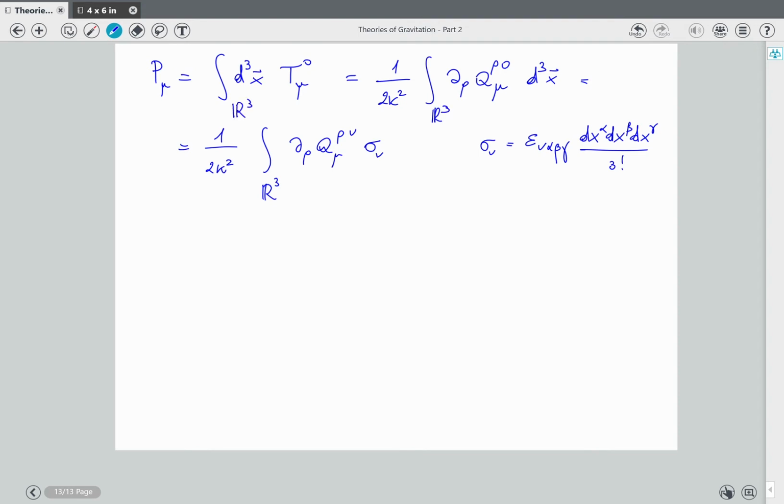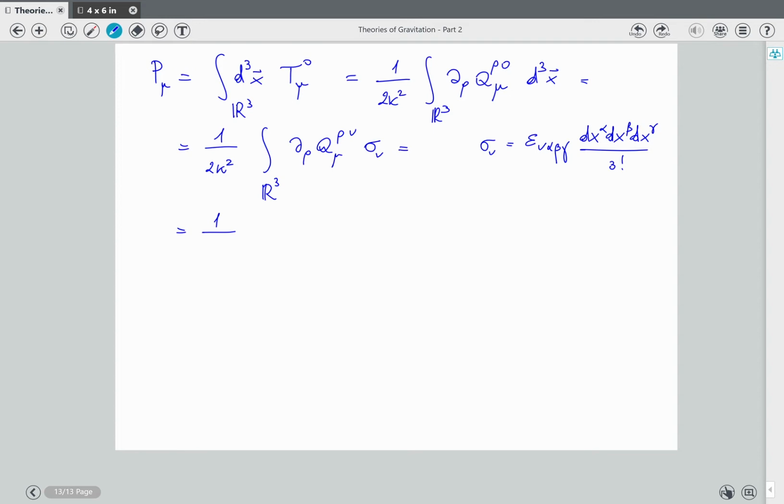This is in a nicer form, because now we can treat it as a differential form and show that it is the integral of an exact exterior derivative of a form. So this is a 3-form, because sigma nu is a 3-form. We will write it as the exterior derivative of a 2-form, which will not be globally defined, and so there will be a contribution from infinity, from the boundary of R3, and that is the